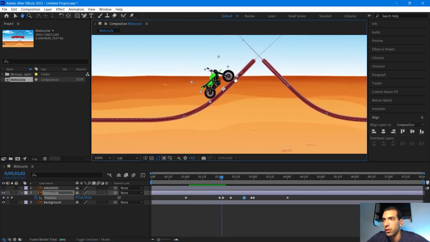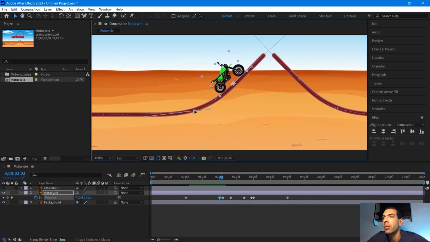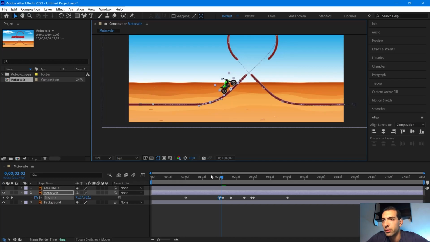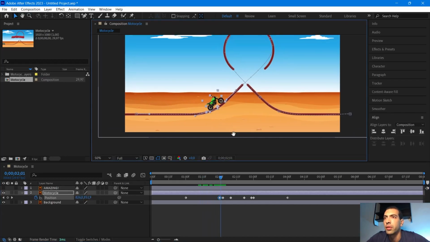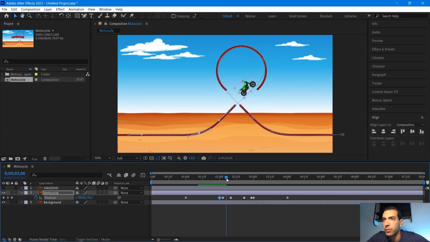Okay, this needs to be adjusted. I'm gonna take it up a little bit, like this. Let's see how it moves. I think this looks good. It flies a little bit around here and then turns like this and continues